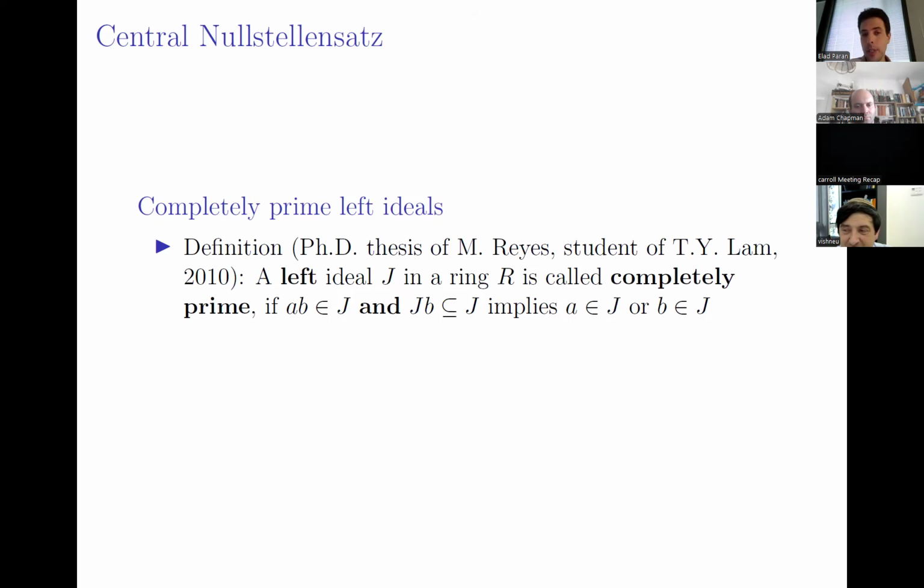It was introduced in a PhD thesis of Manuel Reyes, who was a student of Lam at Berkeley at the time. And what Reyes shows in his thesis is that if you try to work with this definition, then